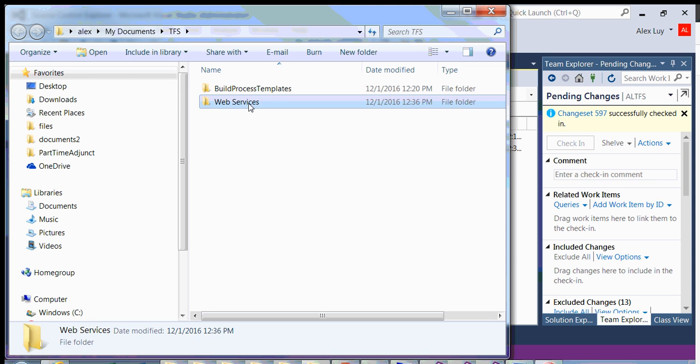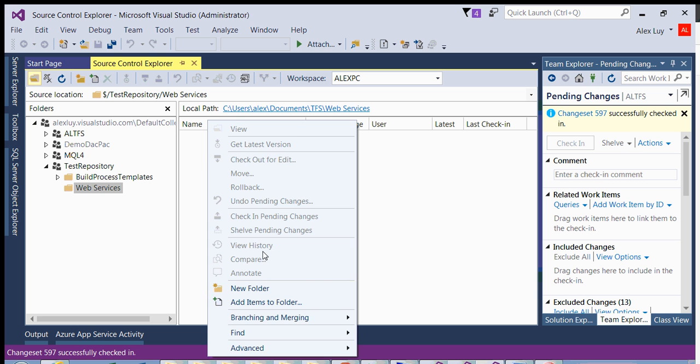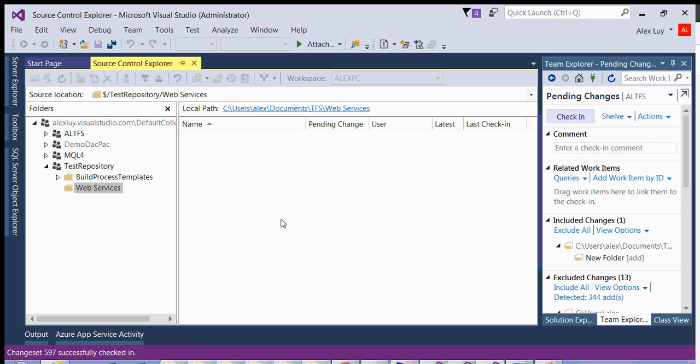So if I click on this, now I have a project here. What I usually do is under web services, you may have one or many, or maybe just one web service, but you may want to keep adding to your web service folder because you may have different web services that do different things. You may not just have one. What I usually do is I will create a folder for each individual project. So for example, let's just assume that I'm creating a new web service for a client. I would create a folder here and I would call it